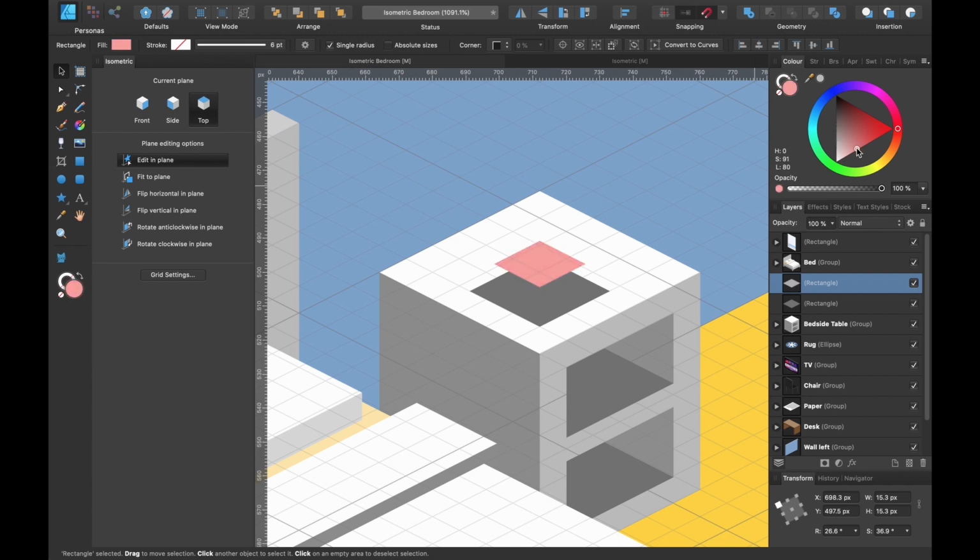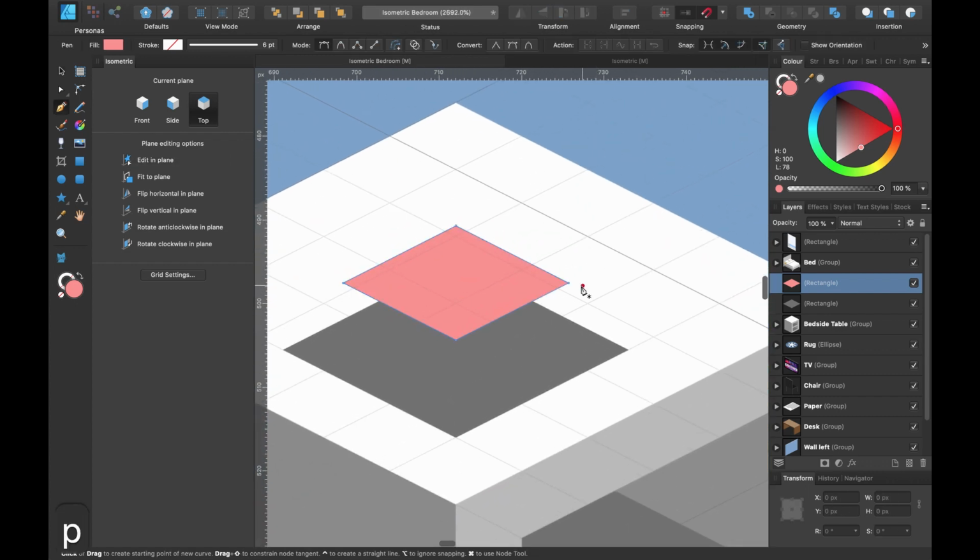For this, we'll actually make it some kind of red color to introduce more color into this. And I'm just going to use this as a reference layer down here. So the next thing you're going to want to do is press P and head in and select this shape and this shape. And we'll just go around it like so.